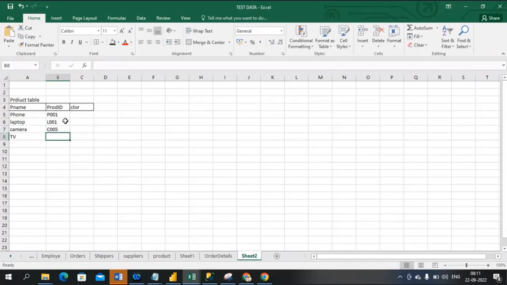The TV can be T214, kind of. The color can be black. Laptop is white. Camera can be a high-end color, right? So it can be gray. TV can be